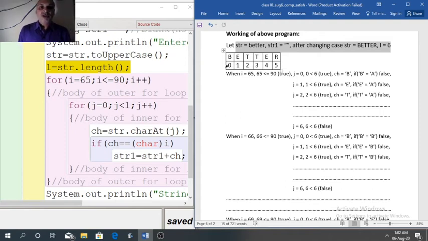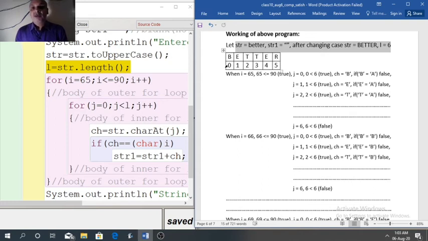Now our objective is to arrange the letters of the word BETTER in alphabetic order. So in case of alphabetic order, first we have to search whether A is present in the string BETTER or not. If A is present, then A should be added in the beginning. After that we will check B is present or not.